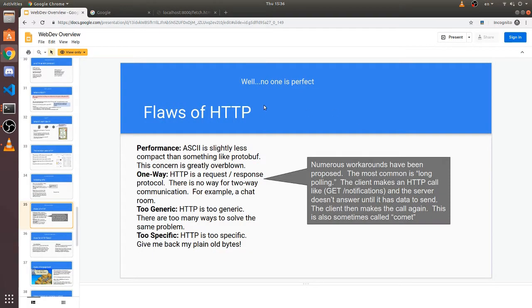flaws. Yes, HTTP has flaws. People often talk about performance as a flaw, and they'll say you need to use raw sockets for performance. Admittedly, ASCII is not perfect. There are more concise ways of doing requests, but then you're usually talking about something that is less generic, and you end up